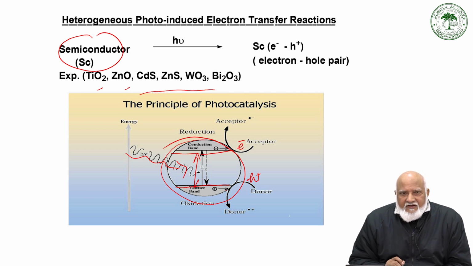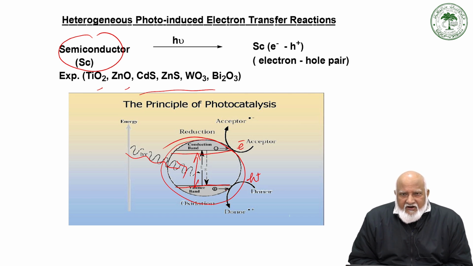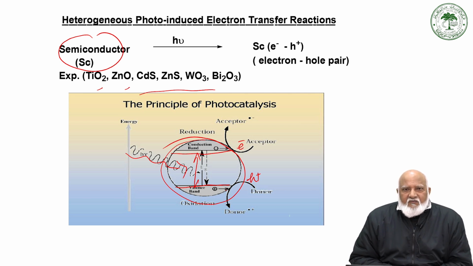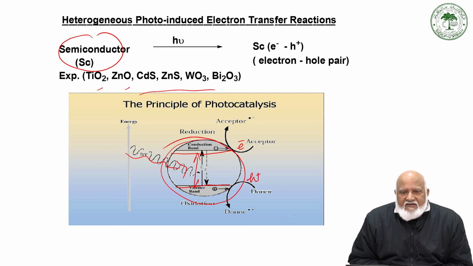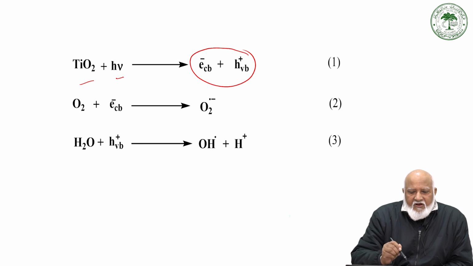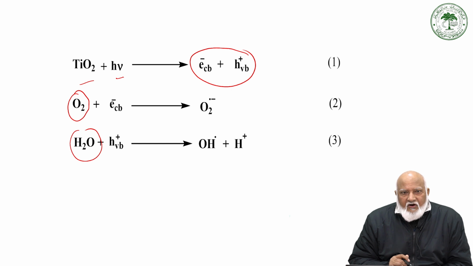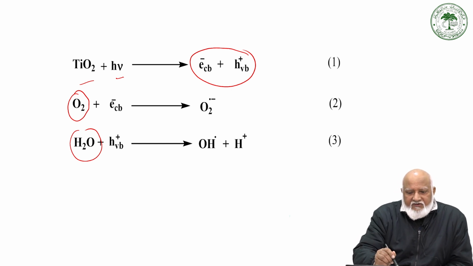This area of chemistry has attracted a lot of attention from environmental scientists, who have used it for photo remediation or photo detoxification of wastewater. For example, titanium dioxide in the presence of light can generate an electron-hole pair. In other words, if we do the reaction in the presence of oxygen and water, oxygen picks up this electron